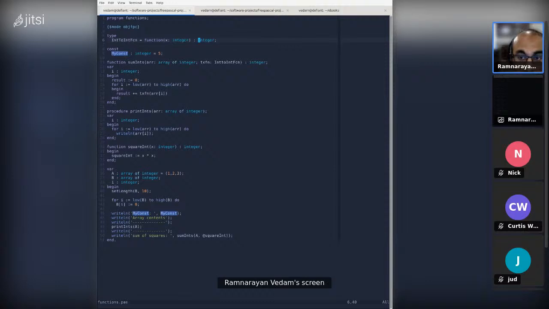This is specifically because grouped variables of one particular type have to be specified upfront, which allows you to do a quick parse. So if you're going to be passing in two integers, as you might see in later examples, you will write x, y colon integer. You won't say x colon integer, semicolon, y colon integer. That actually throws a compiler error.